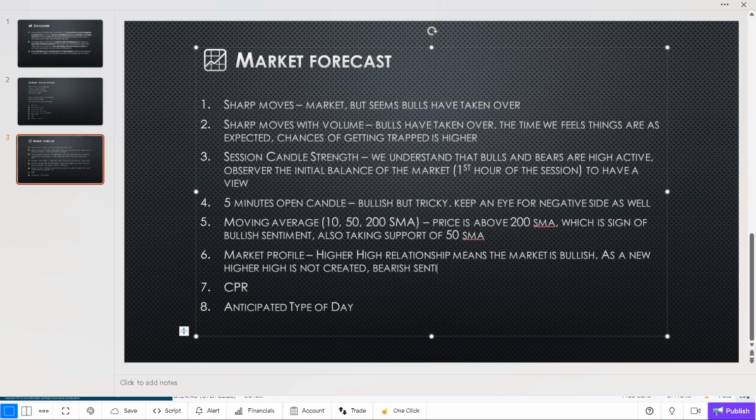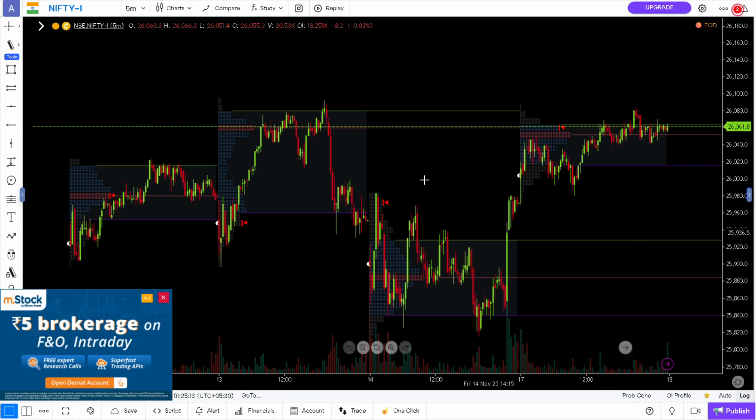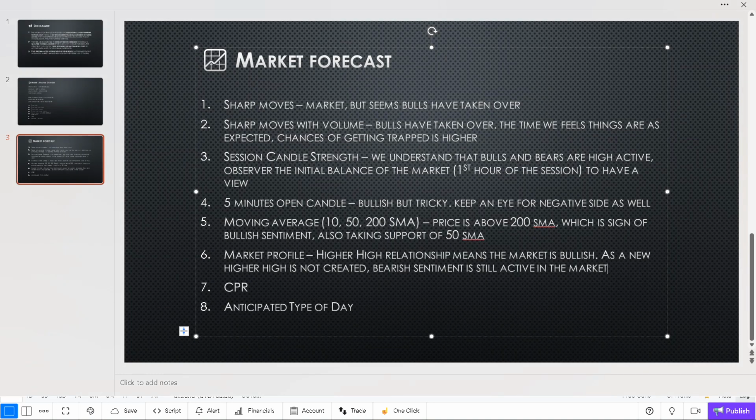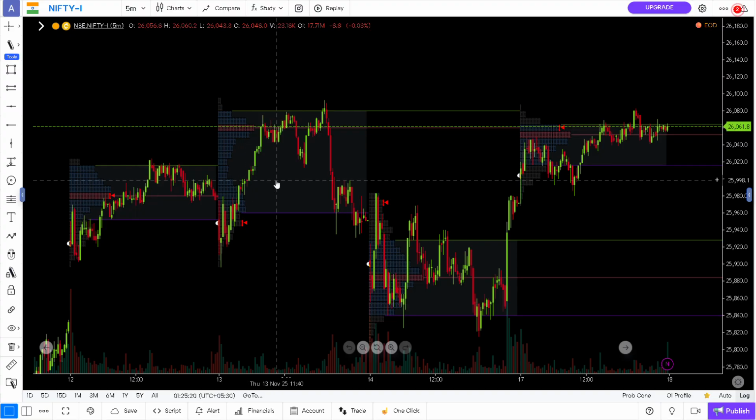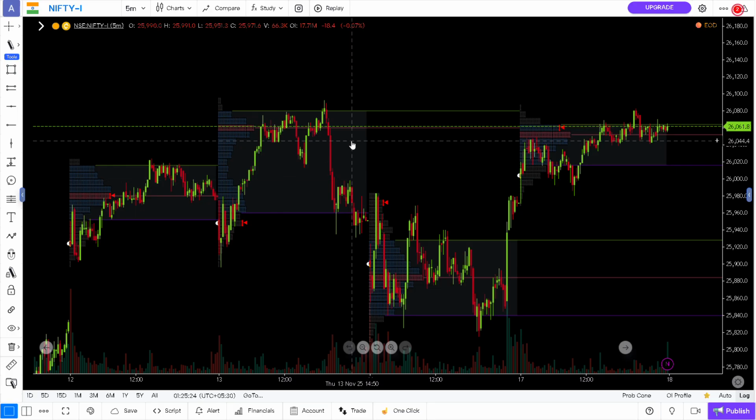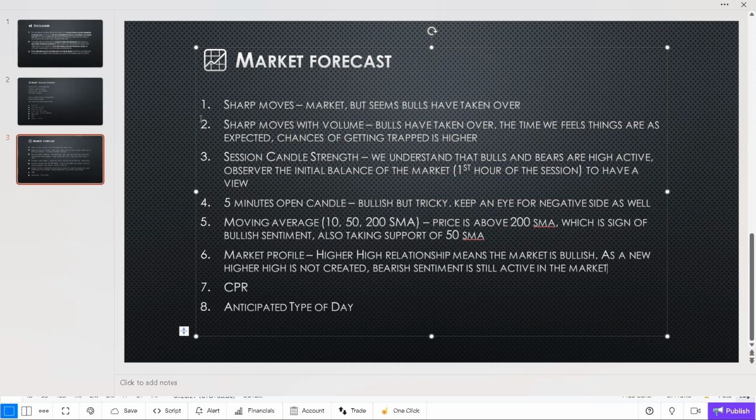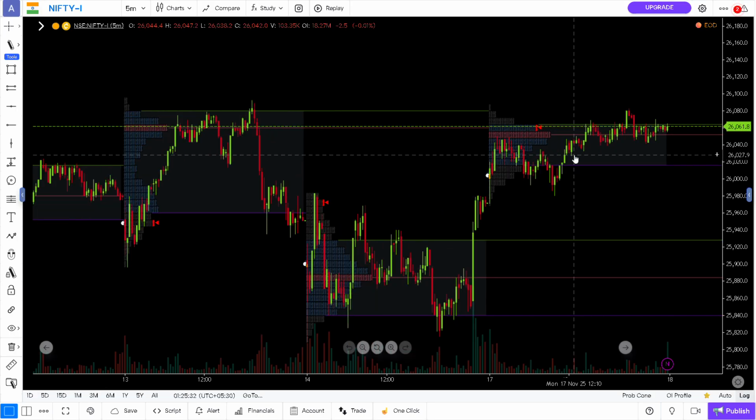Bearish sentiment is still active in the market. Okay. So everything is giving us a sign that things will be bullish for tomorrow. But there are certain signals which also tell us that we should doubt the positive signs. Okay. Coming back to the CPR,